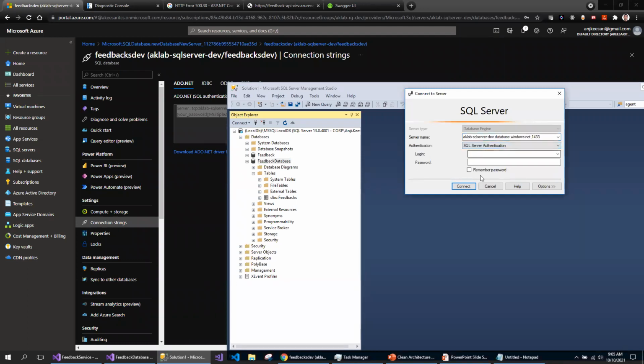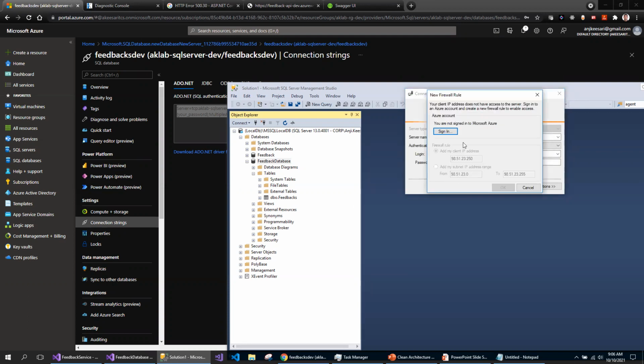I'm going to use the SQL server name, and then the username I gave is CKLabadmin, and this is my password. Let's connect and see if I'm able to connect to the database.